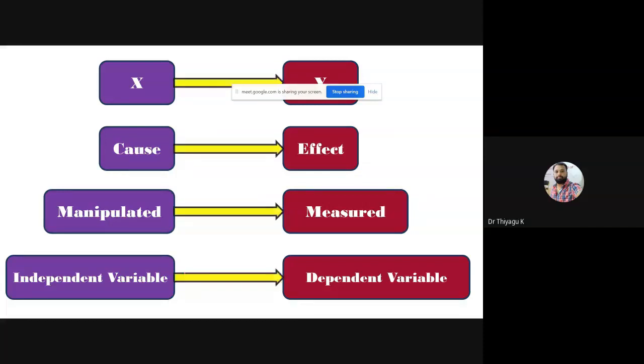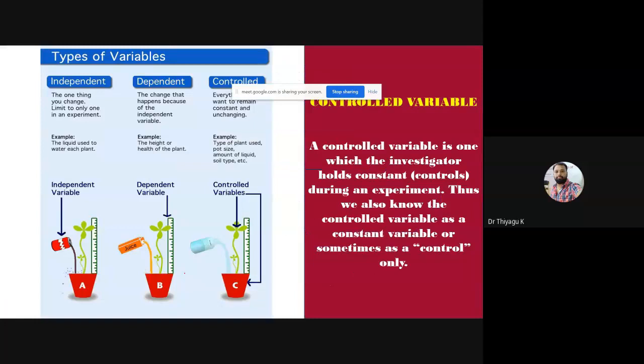If you are using only two variables, it is not at all an issue, because you have X and Y. But if you are keeping a third variable, like a control variable, why in the experimental method can we give the control treatment? We have to keep some variables constant. Then only we can check whether our independent variable really influences the dependent variable. If you are not keeping some variables in control, you cannot perceive whether your treatment is exactly influencing the dependent variable.